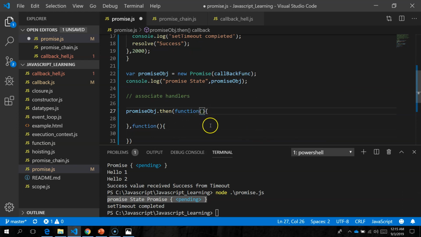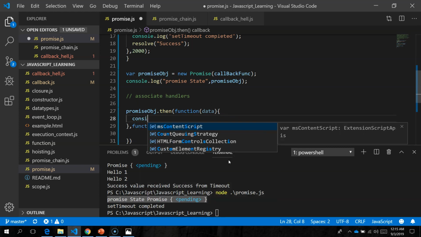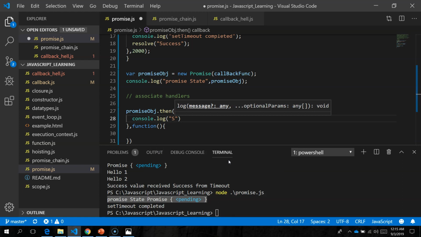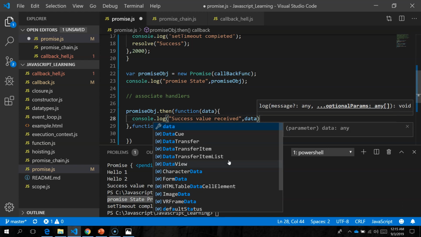You can also receive the value from resolve and reject. Here I am passing the value success, so you can receive the data here, and I can also console log. So I can say success value received, and here the value received will be success.